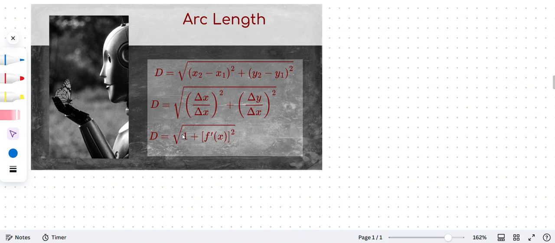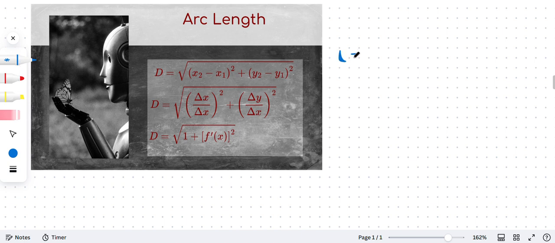If you take differential equations, which is basically calculus 4, you'll talk about why we can actually do that. It's not really dividing something by itself because that's telling us we're doing something, but essentially it's the same thing. And then we know that delta y over delta x is just another fancy way of saying f prime. So what we're going to integrate is the square root of 1 plus f prime squared. So our arc length formula